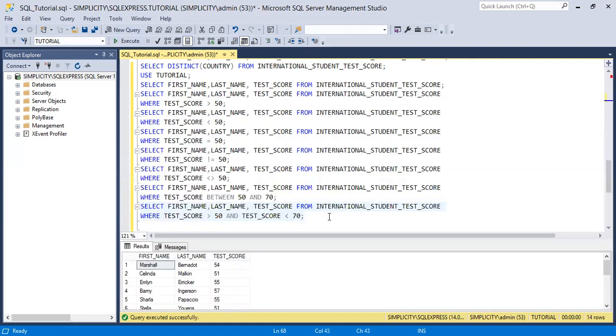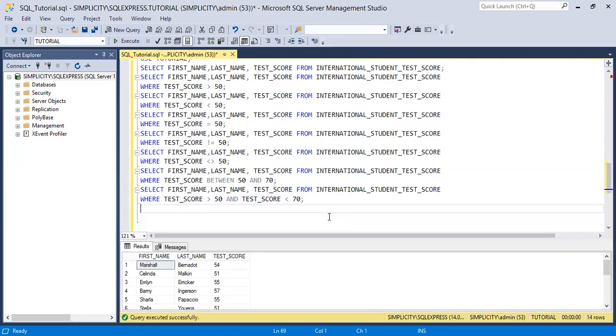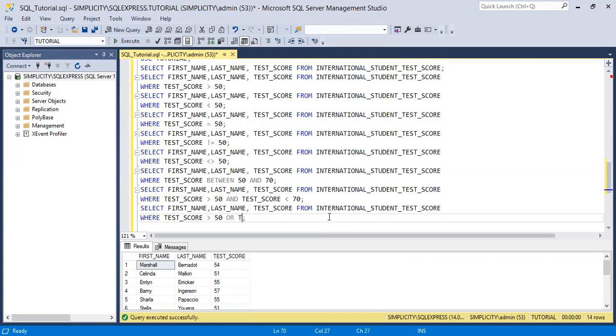Okay. Also, we have OR. So we can also do this where my test score is greater than 50 or test score is less than 60. So we want to satisfy this condition, which means if any of its conditions is met, that is, if my test score is greater than 50, print first name, last name, and test score,